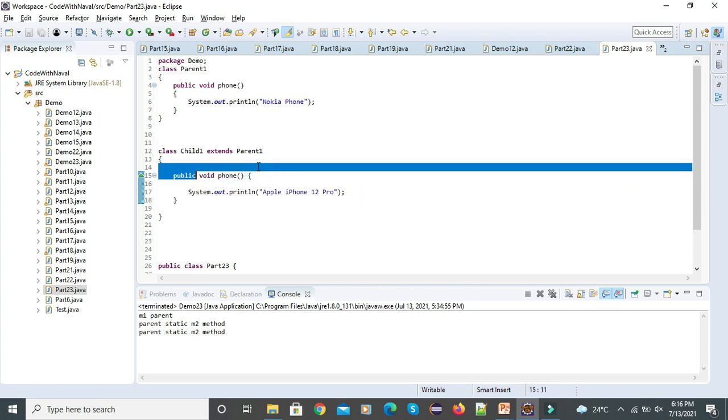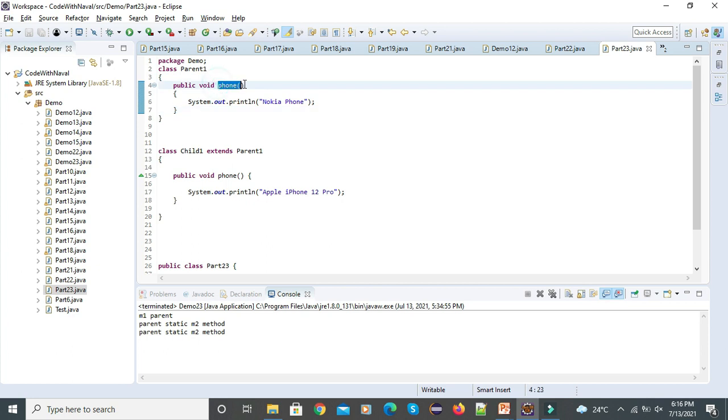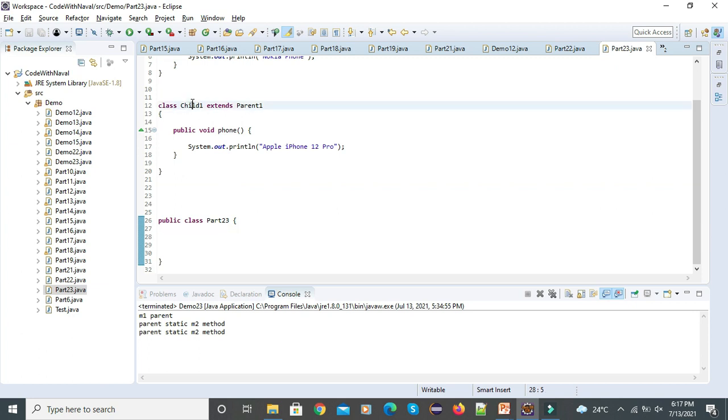Let's see, here our method signature is the same. Here phone with no parameter, no argument, here also phone with no argument, and here also phone with no argument. Let's create this child class object inside our main class. Simply Child c = new Child(); add a semicolon, and using c call this phone method.